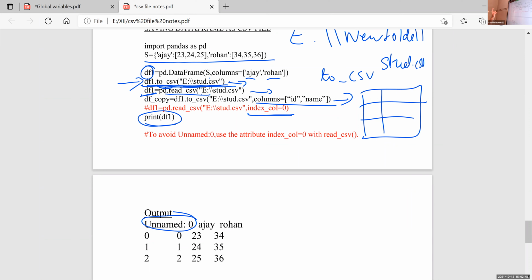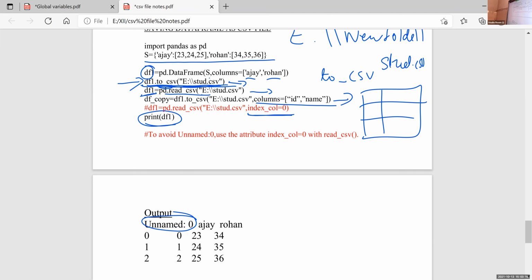So today, after typing this program, just send the image to me. After executing, if there is any doubt or any error related with this program, give that screenshot to my number, or you can call me, and we can discuss that error and clarify it. Okay. So do this program in your system today itself.